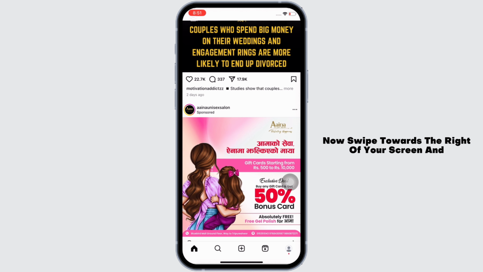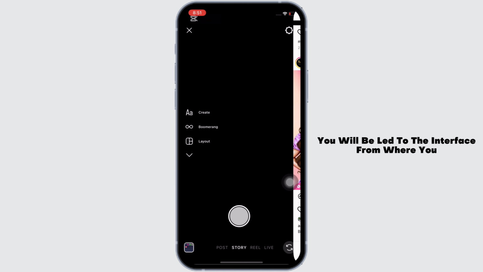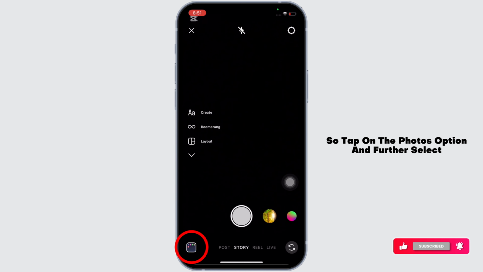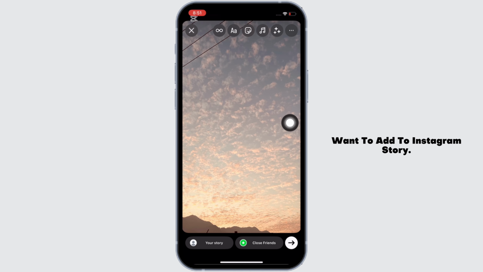Now, swipe towards the right of your screen and you will be led to the interface from where you can add stories on Instagram. So, tap on the Photos option and further select the live photo that you want to add to Instagram story. Now, if you want, you can simply post the photo as it is, or if you